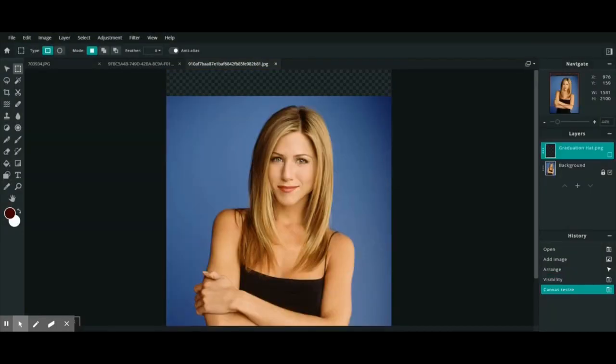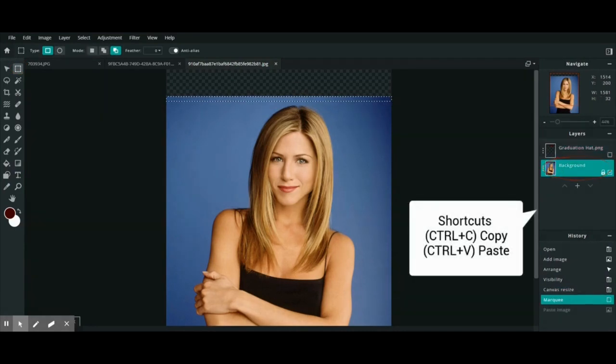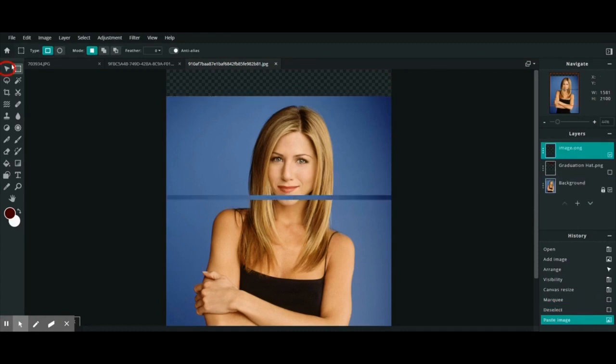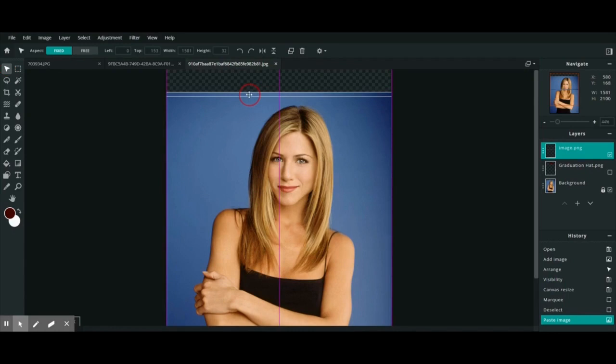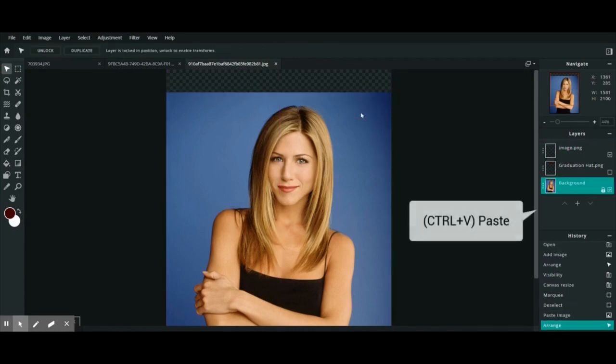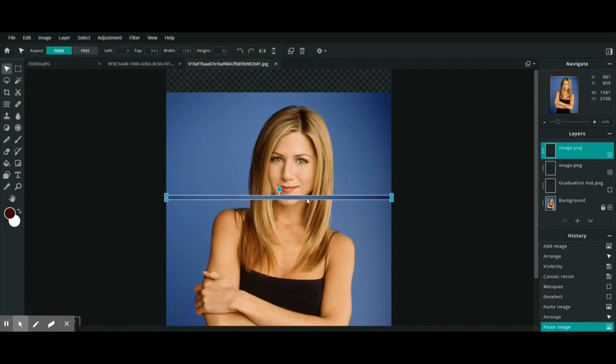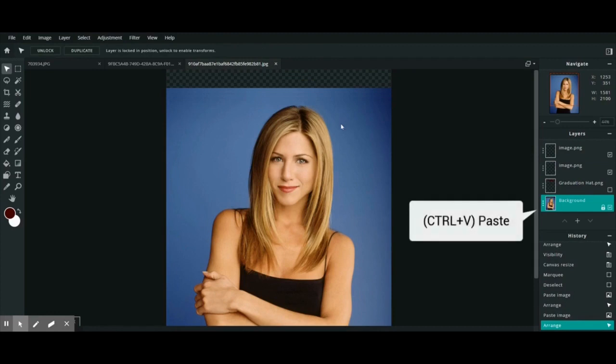So now you can see that blank area. What I'm going to do is I'm going to select the area above her head using the rectangle select tool. Then I'm going to press Ctrl C to copy it off of the background image, and then Ctrl V to paste it onto the image. That way I can click and drag it using the select tool and drop it onto the top. I'll do the same thing, Ctrl V, drag it up, and once I see that it's fit, I just click outside of the image and I can see it